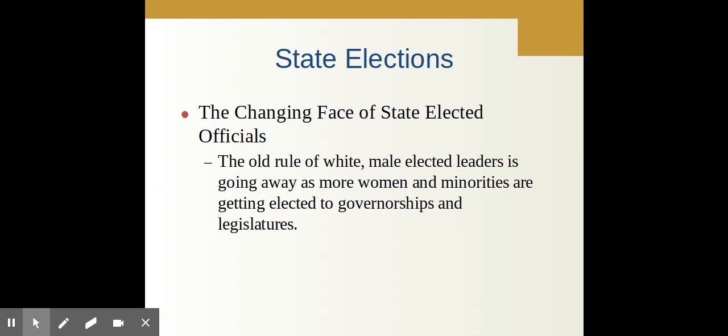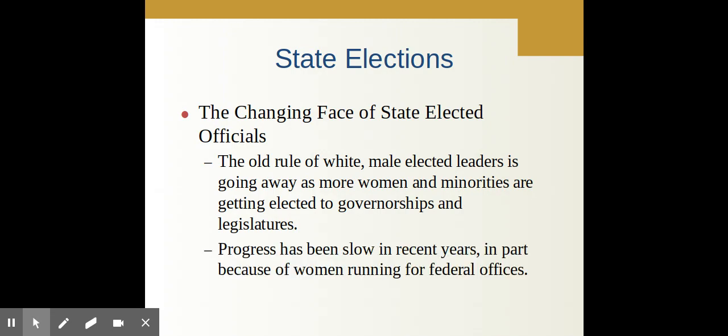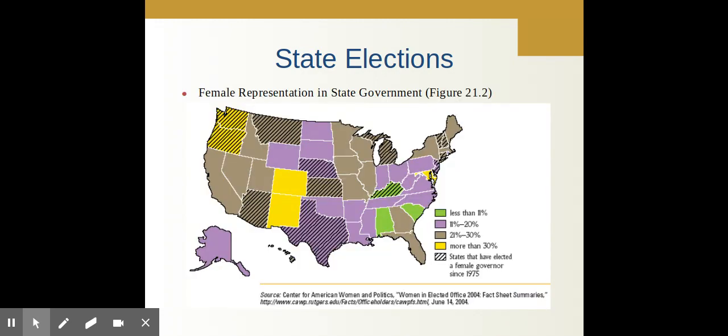Maybe 40 or 50 years ago, most of the state legislatures were made up of men of European descent, but that has been changing, although not as quickly as you might think. There you can see female representation. The yellow, of course, has the highest. Next highest would be brown. But there you can see there are some states, there's still 3, for instance, that have less than 8% female representation.